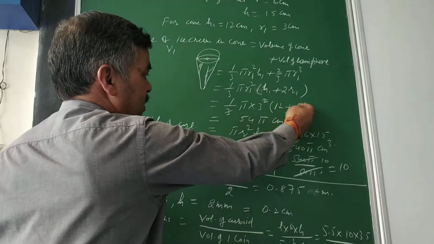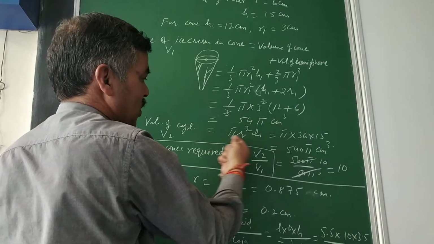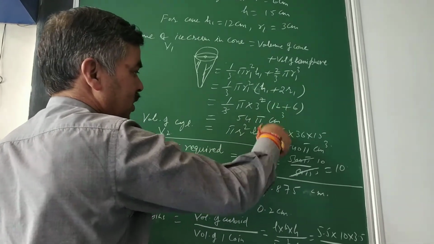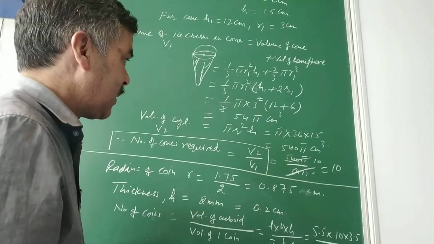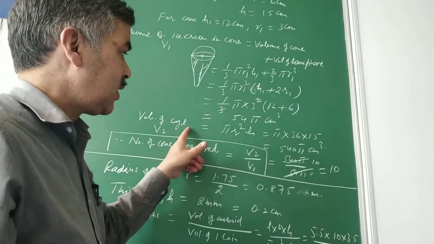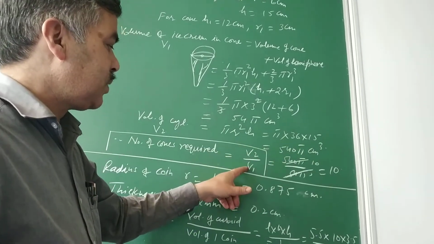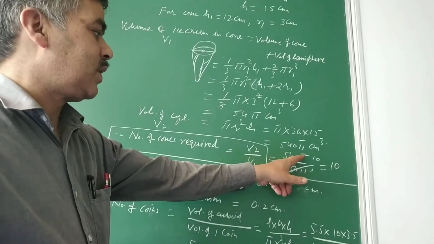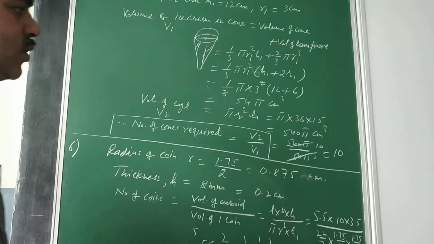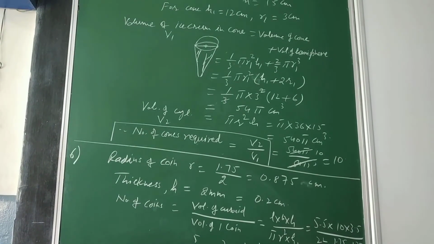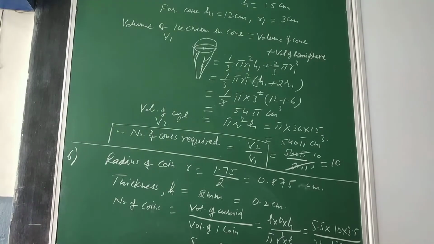Now you substitute the values nicely, and in terms of pi you can give it, because pi also will come in second volume, so directly one time calculation I can do there. So this comes 54 pi, and when you solve this for cylinder, it comes 40 pi, and then V2 bigger divided by the smaller, 540 pi divided by 54 pi will take you to the number of cones which can be filled from that container, which is equal to 10. So that is the answer for your question number 5.